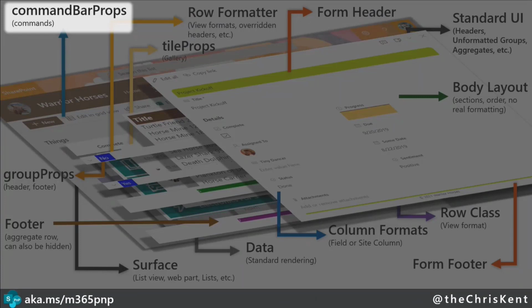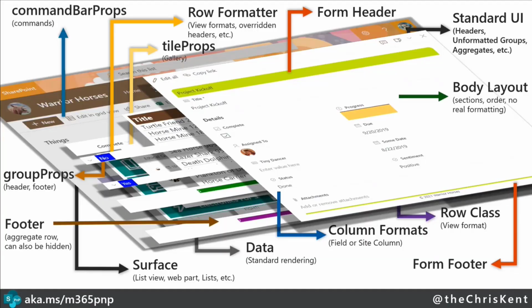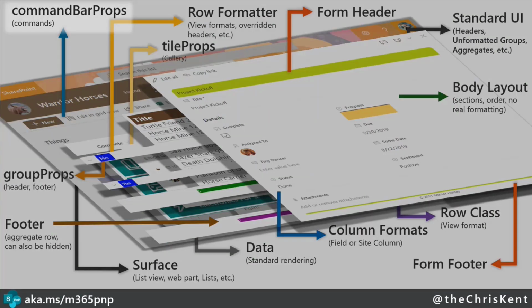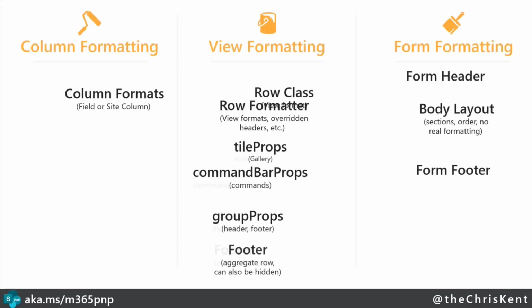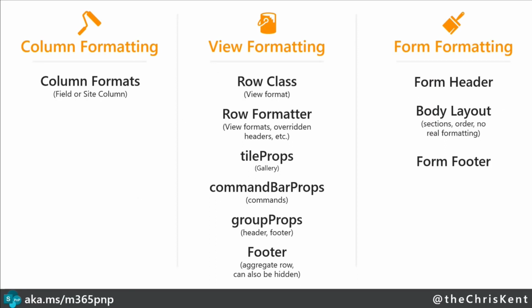Well, we're going to see what these do and how they fit in with everything else. But I think it's important when we're looking at a pretty broad landscape like this, where we've got all sorts of stuff happening and all sorts of different ways they can interact, to understand these fall into three major buckets. If we take a look at that, there's column formatting, view formatting, and form formatting. The reason I want to call that out is because it makes a difference in where they're stored and so how they get applied to your list.